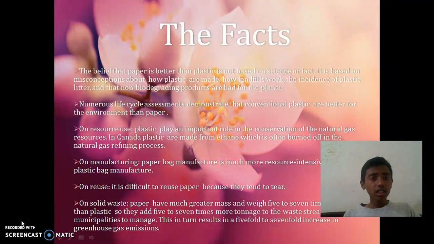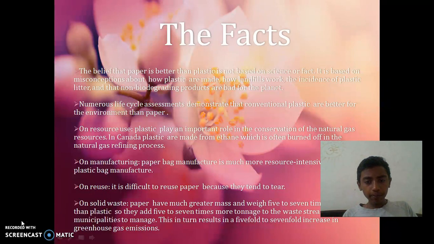The facts. The belief that paper is better than plastic is not based on science or fact. It is based on misconceptions about how plastics are made, how landfills work, the influence of plastic litter, and that non-biodegradable products are bad for the planet. Numerous life cycle assessments demonstrate that conventional plastic is better for the environment than paper. On resource use,